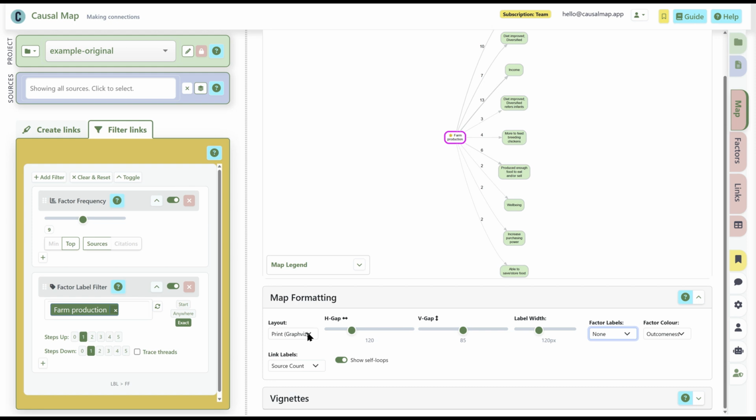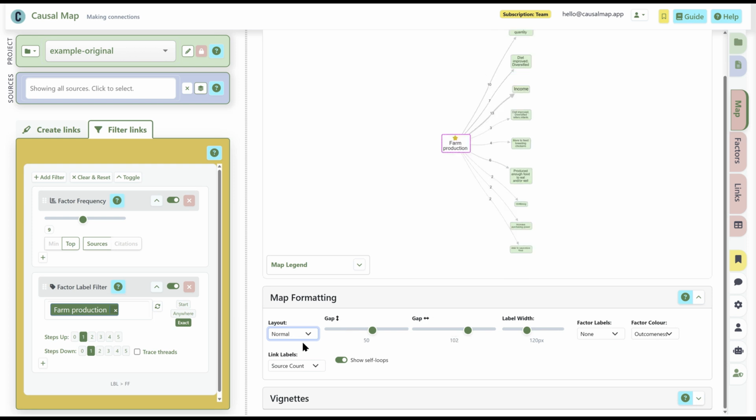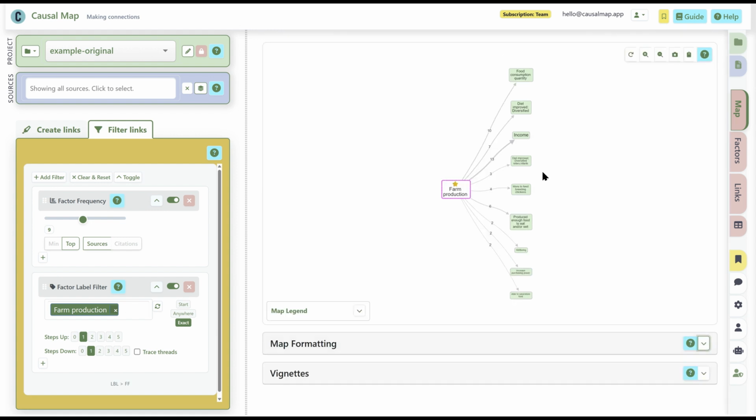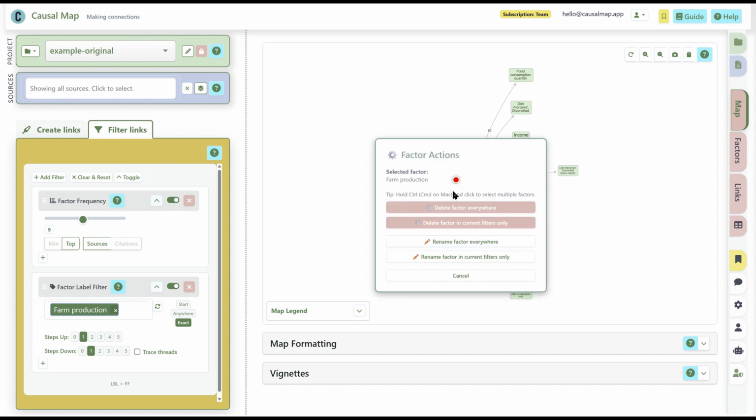Let's talk about how you can interact with your maps. To interact with your maps, you need to be not on the print map view, but the normal map view. And here you can interact with it. You can drag things around and you can click on a label and you can do all kinds of things